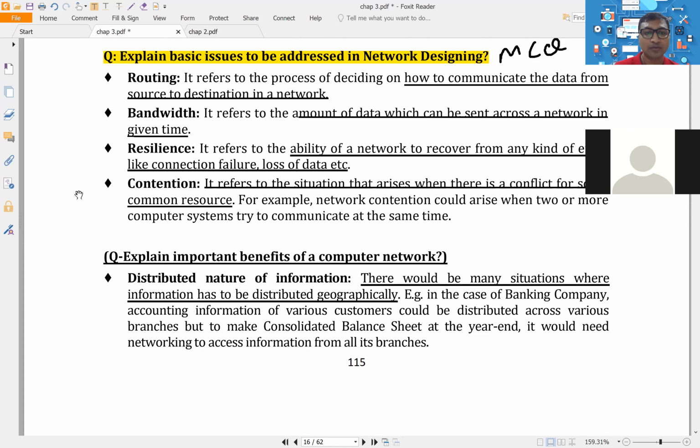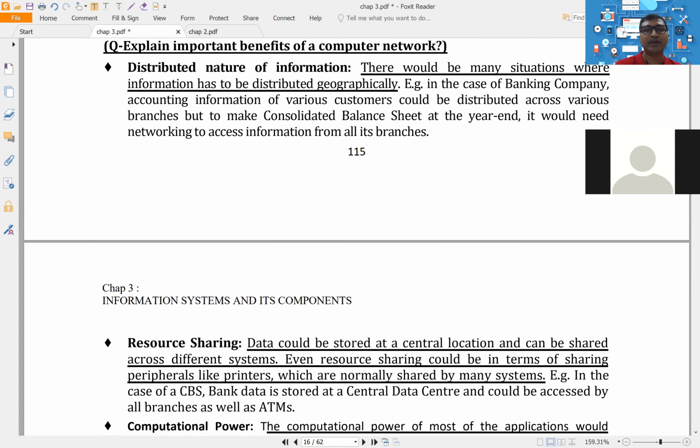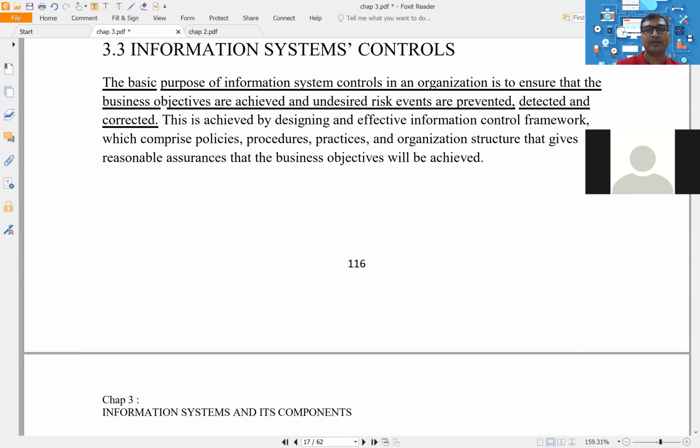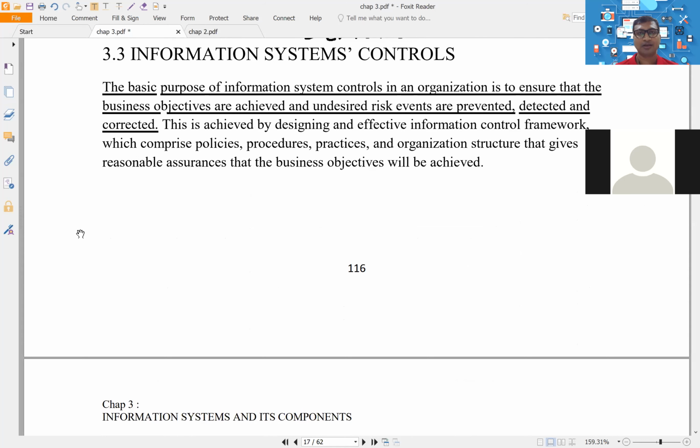Now apart from that, we have done benefits of a computer network, which you can do on your own. It's very easy. And finally, we have completed our components of information systems. Okay, the basic parts. Now we are moving towards the main important part. Because when you store your data in electronic form, obviously it is vulnerable. Anyone can easily access it, modify it. So you need to implement controls. I have given you an example of why you put a password in your cell phone, why you put a password in your laptop, so that an unauthorized person cannot access it, correct?